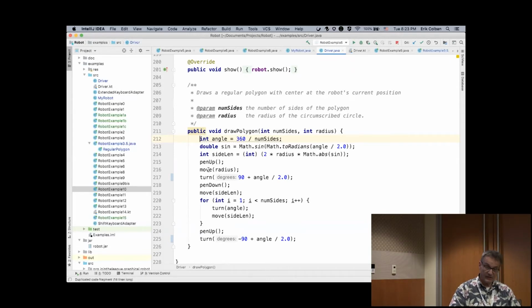Now I'm thinking I'm just using the normal move of my superclass, but I'm not. I'm calling the move of the class where I have overridden that method. So for that reason, it can sometimes lead to unexpected bugs. Not in this case, but